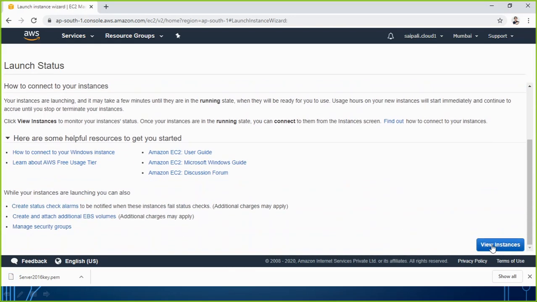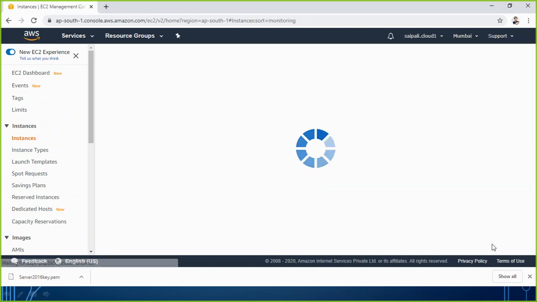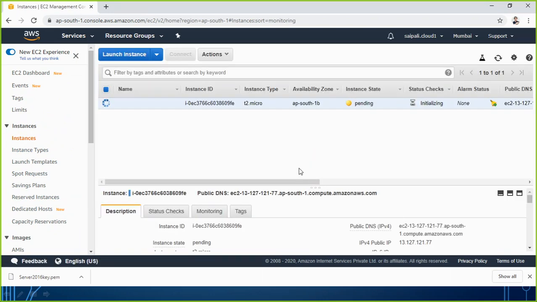So what I have done is I have just created a new EC2 instance running Windows Server 2016. It's just going to be created. Right now the state is pending because it is still starting. It may take like 1 to 2 minutes to get ready with the status check 2 by 2.